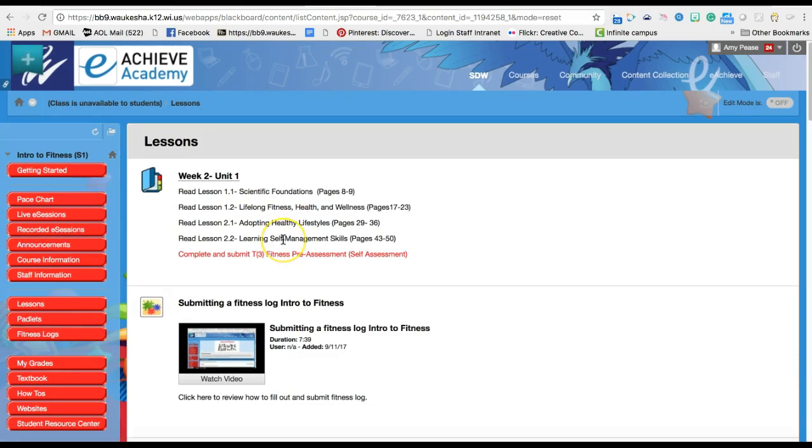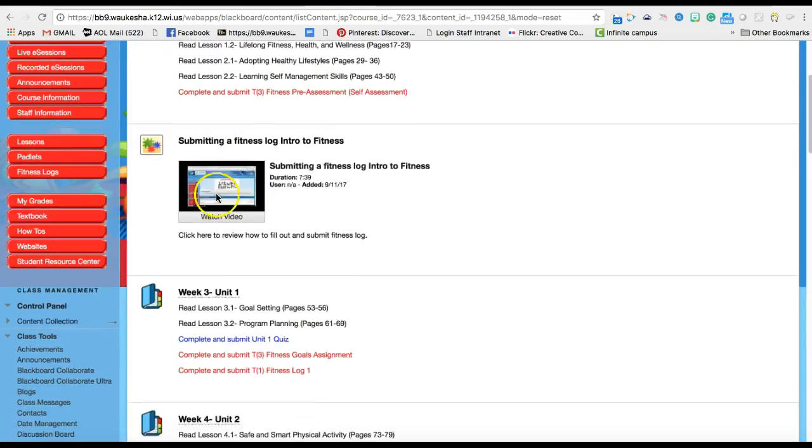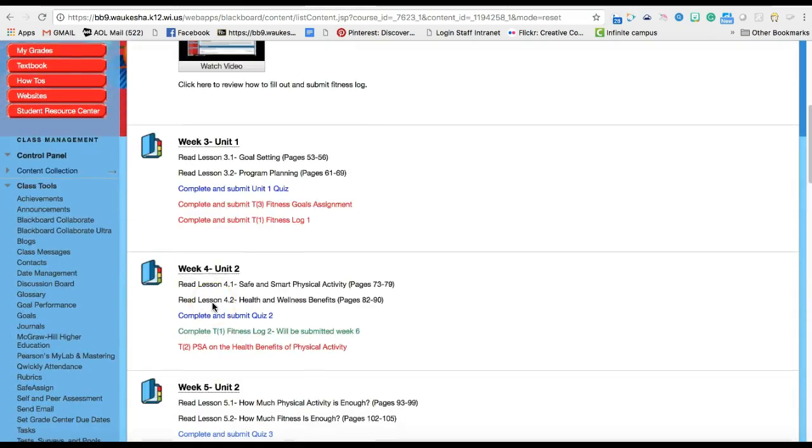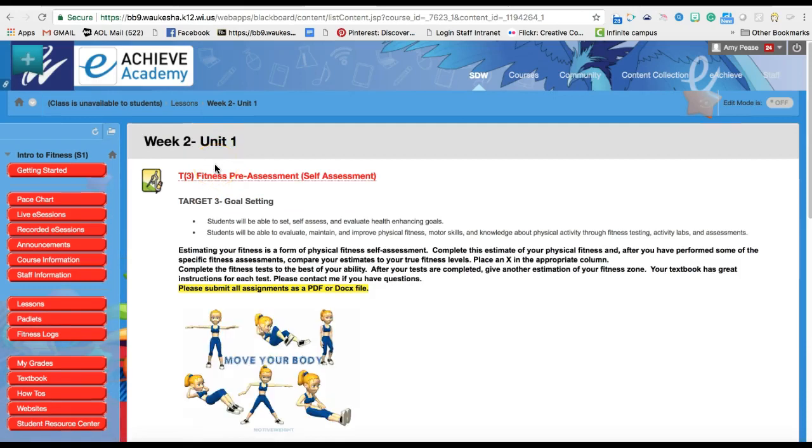And this course is set up by weeks. So you will see week 2, week 3, week 4, and all the way through. In each folder, you will find the directions. This should mimic your pace chart. So if we take a look back at the pace chart,